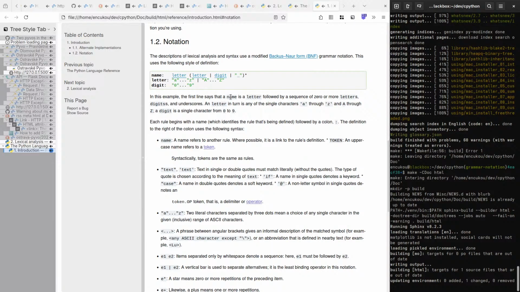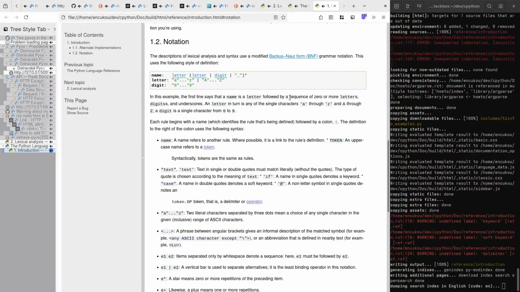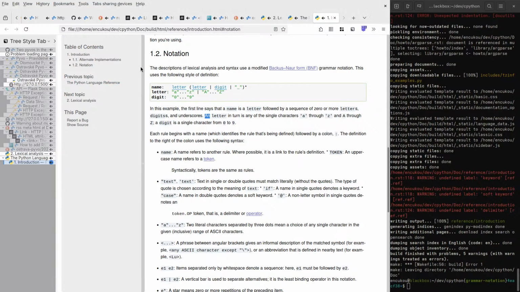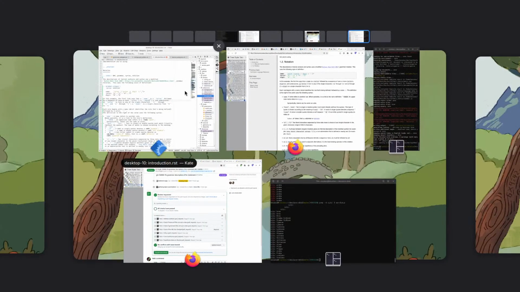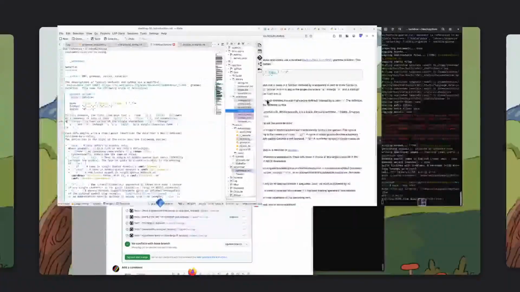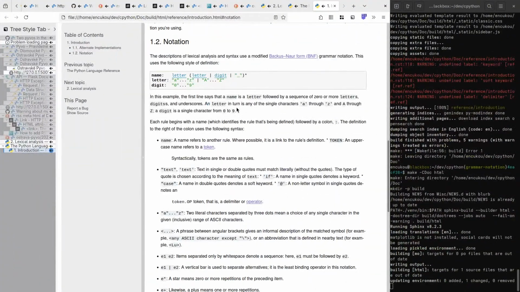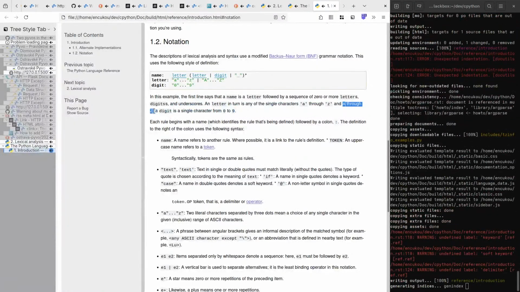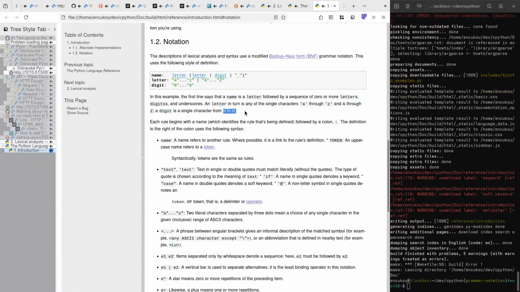First line says that a name is a letter followed by a sequence of 0 or more letters, digits, and underscores. A letter, in turn, has any of the single characters A through Z and A through Z. A digit is a single character from 0 to 9.